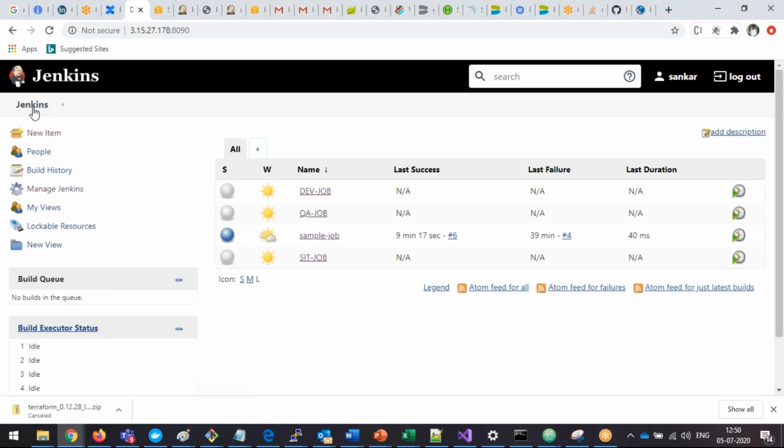Right, so now triggering the other jobs can be done in 2 ways. One is from the post build actions. Just now we have seen that. The other way is,